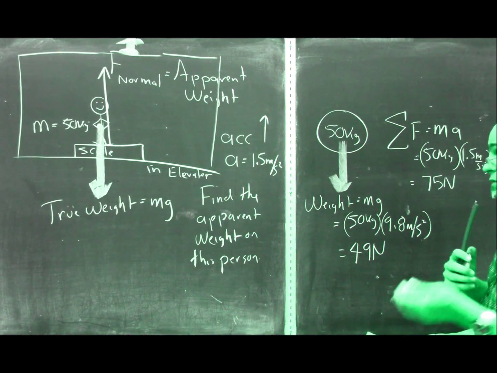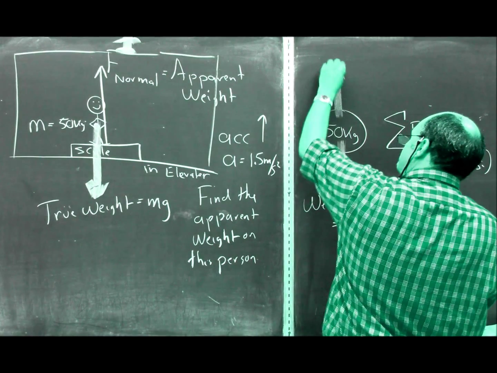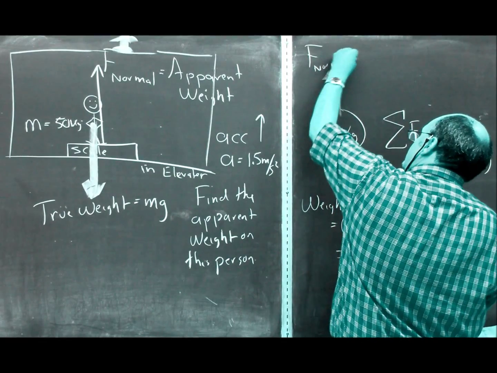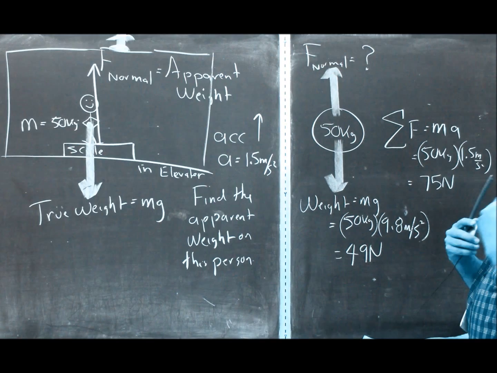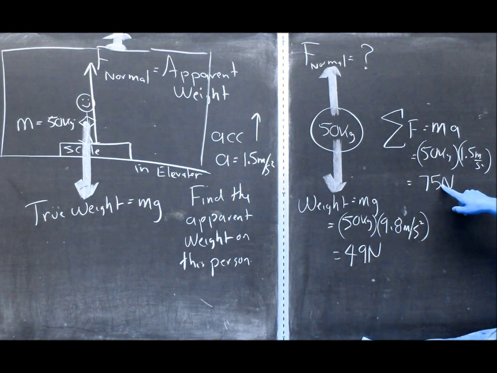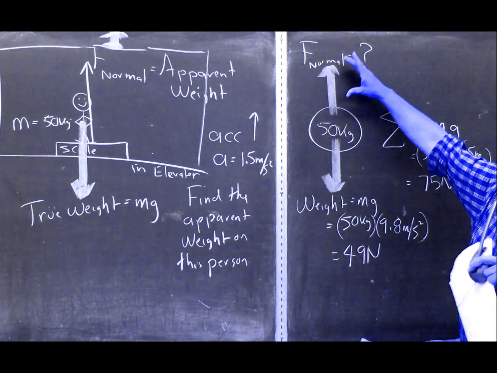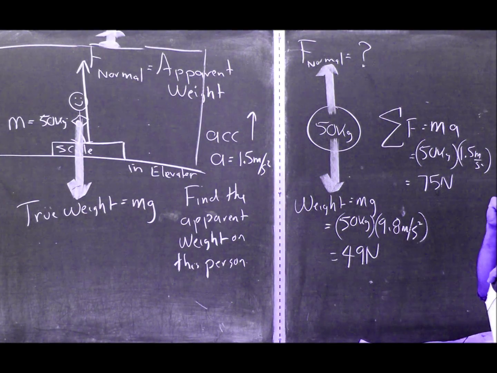There's a real individual force acting on it. The weight's acting on it, and so is the normal force. So the normal force is basically pulling it up. So the normal force is unknown at this moment, and that's what I'm looking for. So how would I find the normal force? Well, the net force is actually the sum of all the forces. So I'm trying to see if I take this force and I add it to this weight force,